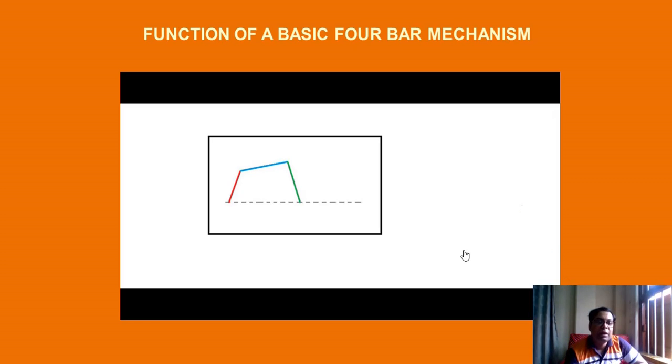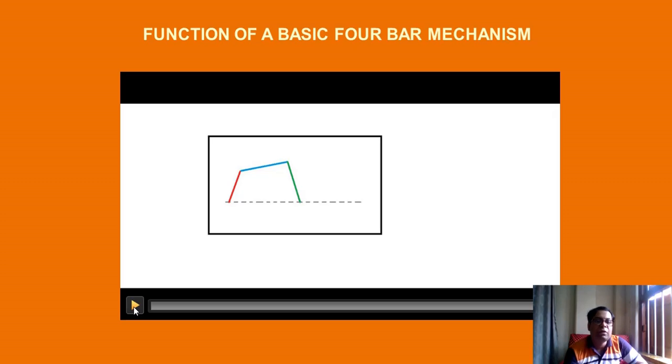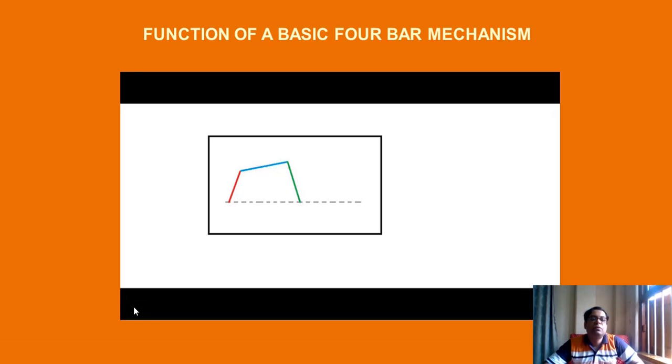So I have a small animation. For example, over here it is a 4-bar mechanism for which the red colored bar is the crank, the blue colored bar is the connecting rod, the green color is the rocker arm, and the gray colored dotted line indicates the static link.